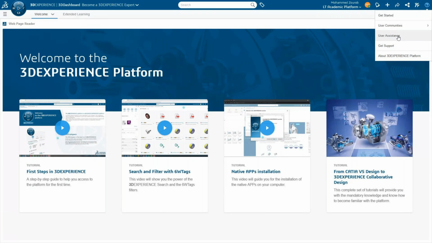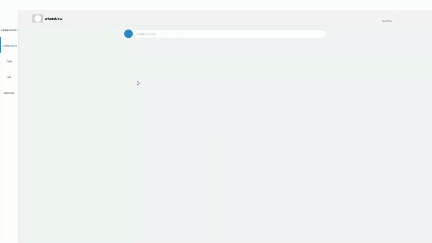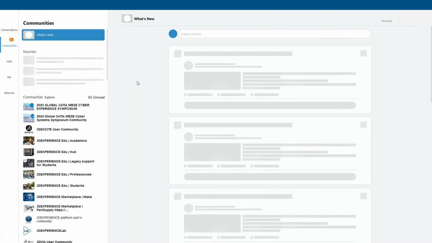But one of the most important things when a user has access to the platform is the user communities. If I'm trying to interact with other users that are designing with the platform all around the world, I can access communities from here. You can access the 3D Experience community, and I'm going to click here. And now it's going to take me to the